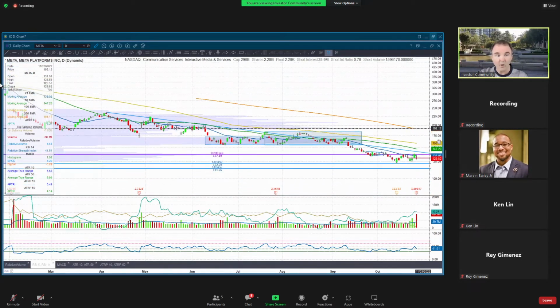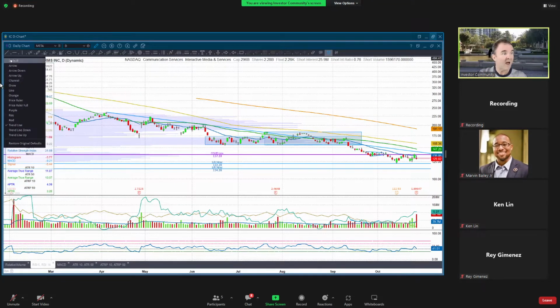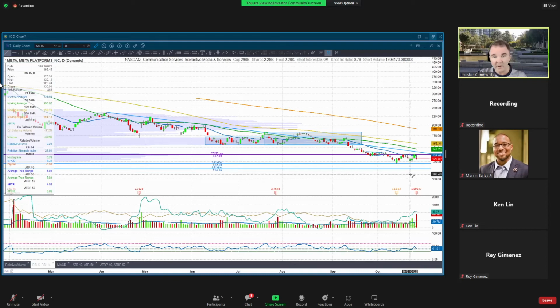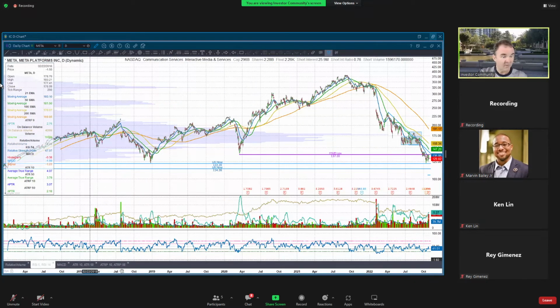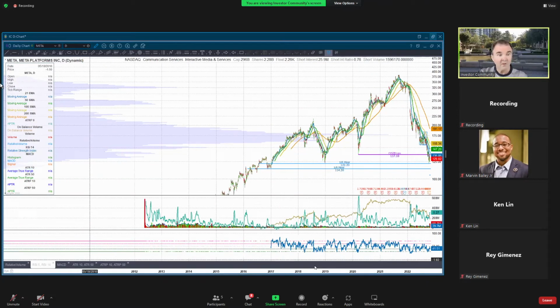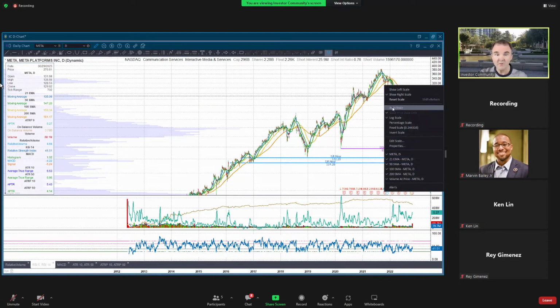Okay, so where are we now? We're sitting at 105 right now. So let's just draw a little line there. We're right about here. You can see we've cut through a couple more support levels. We're going to have to go way back into the past and see if there's anything that might hold this up. Whoops. There we go.